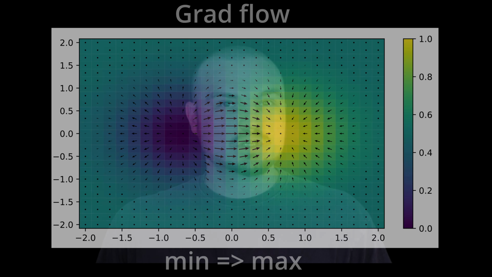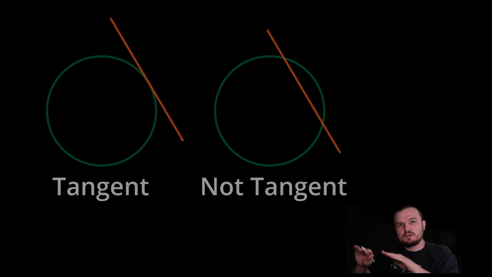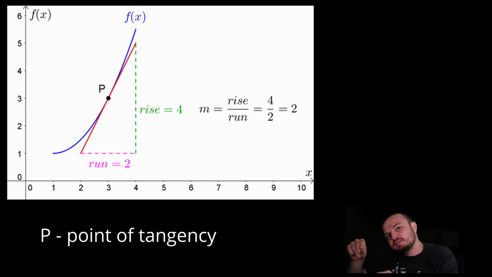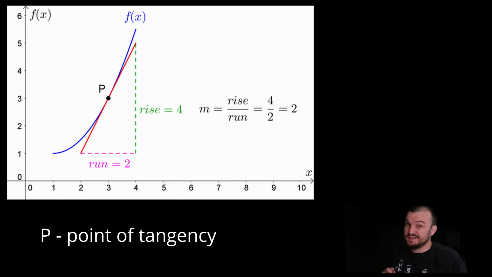To build an intuition behind gradient descent, we can create the simplest possible scenario: the tangent line of a function at a given point. The tangent line of a curve is a straight line that touches the curve only once without crossing it. It shows us the instantaneous rate of change of a function at the tangent point, because the slope of the curve matches exactly with the slope of the tangent line.